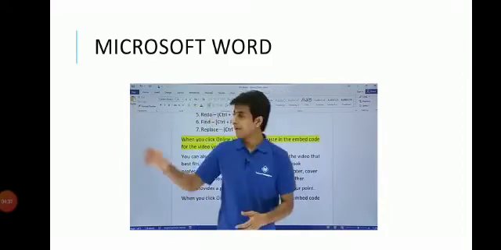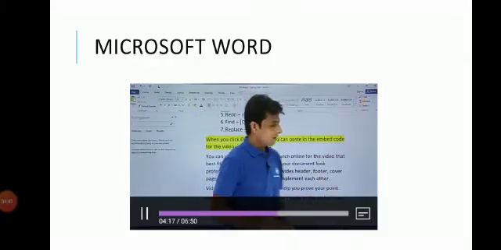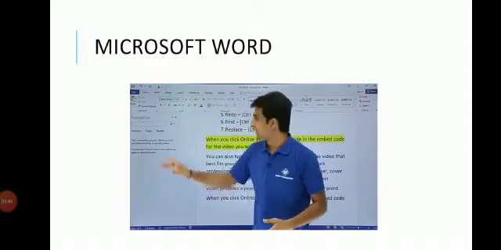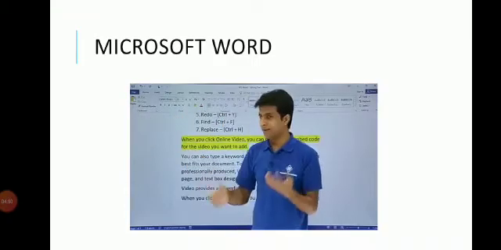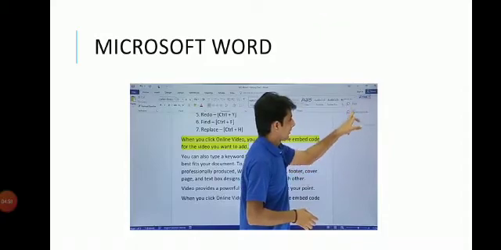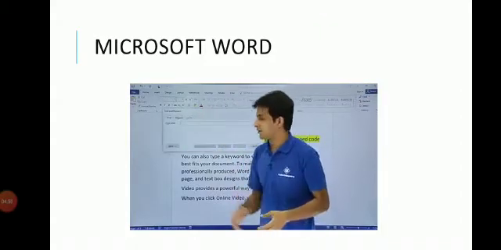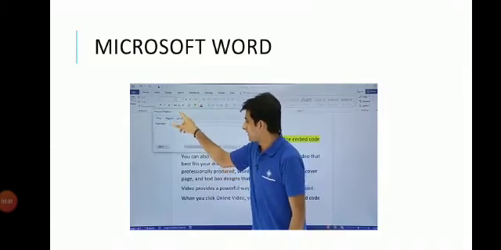I'll go to the home tab. This is my home tab and I can click on this find button. So once I click on this find button, I'll get this floating navigation bar. From here I can type in search. Or the other method is, in previous version of Word, you can just click on this drop down and you can click on this advanced find. So you'll get this dialog box in the previous version, that is find, replace and go to at one place. Here it is easy to understand.